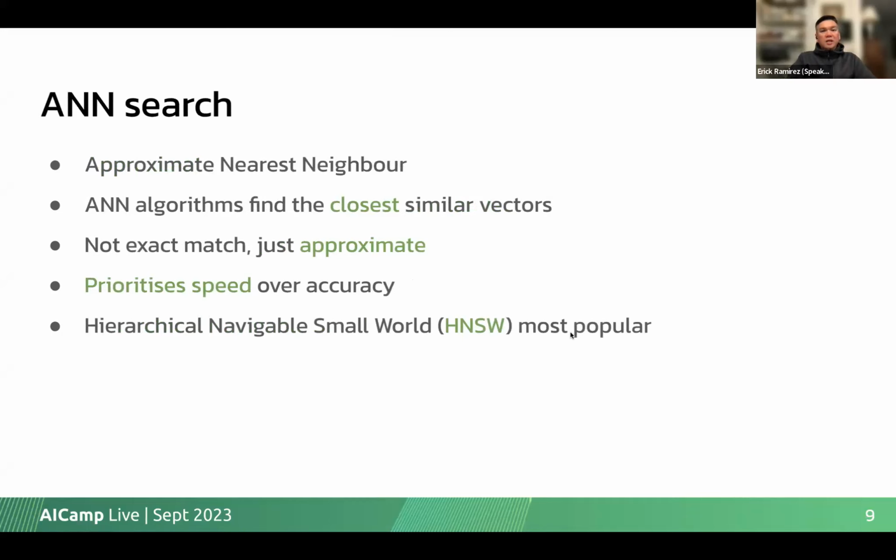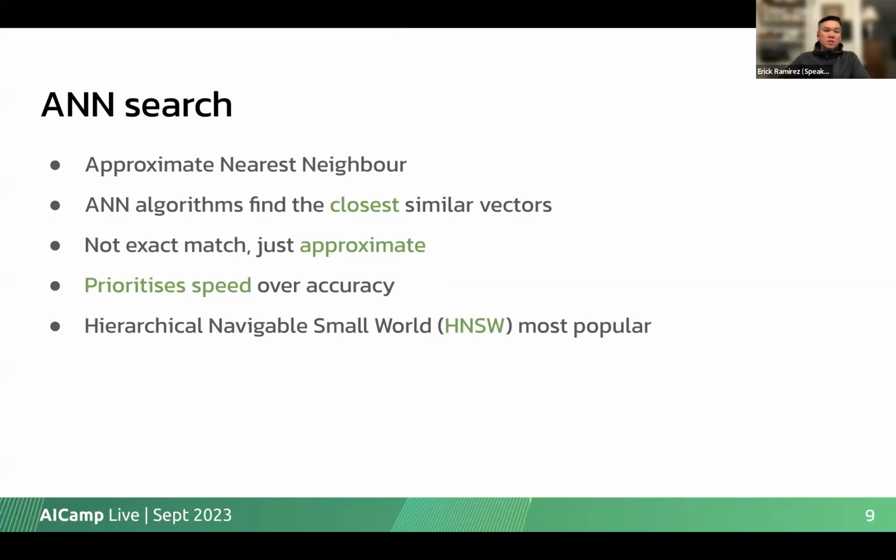We do an ANN search, which is approximate nearest neighbor. It's a technique for finding the closest vector in terms of the similarity. There are different algorithms out there, and the main goal of these ANN algorithms is to find the closest similar vector. Compared to the traditional text search I mentioned, ANN search is not trying to do an exact match.